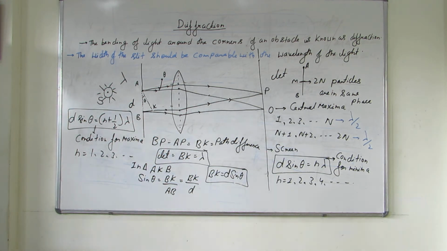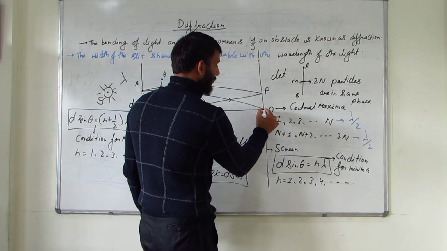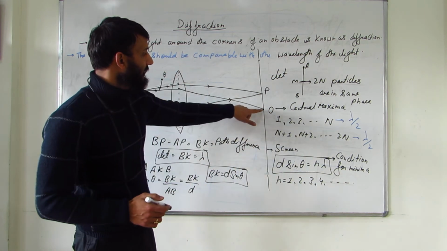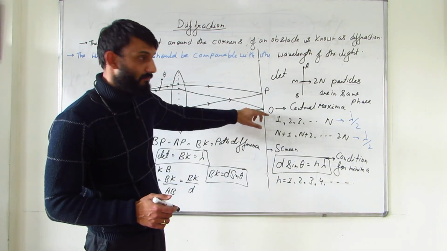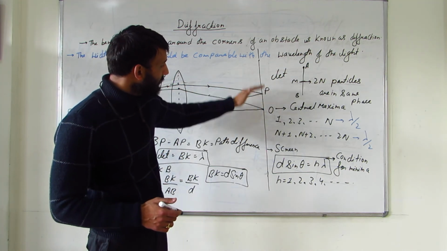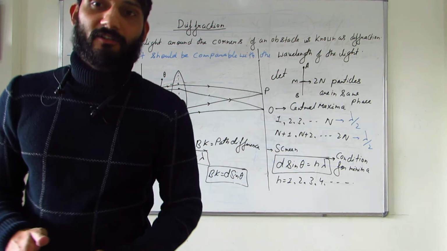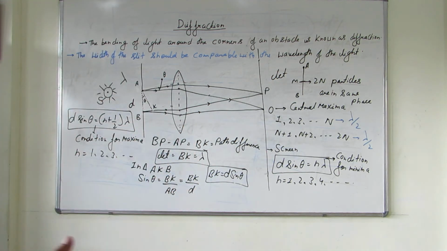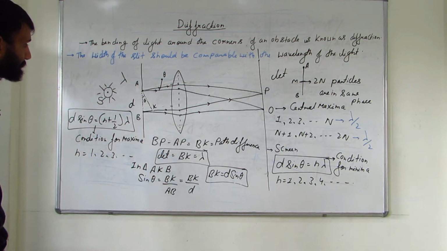Now the last important thing which I shall tell you is this: this central maxima, obviously, is the bright point, and then the dark point should be there, but this central maxima spreads out in both regions, above this point and below this point. So I have to find what the angular width of this central maxima is. If I try to calculate the angular width of central maxima, how do I do that?